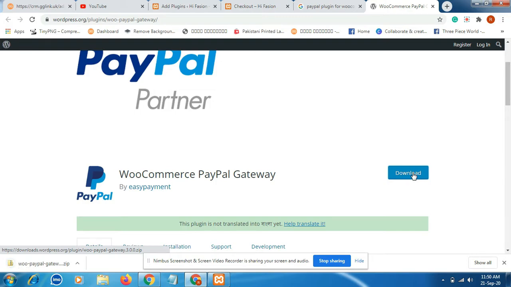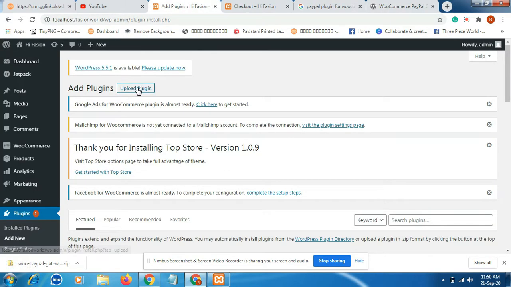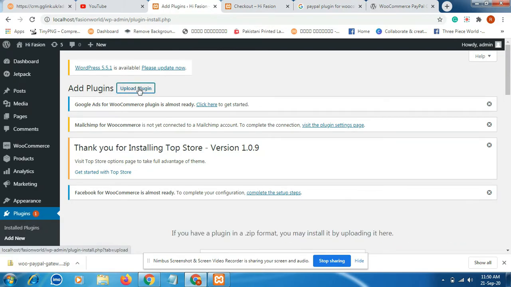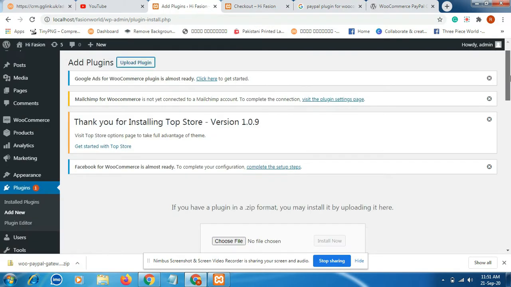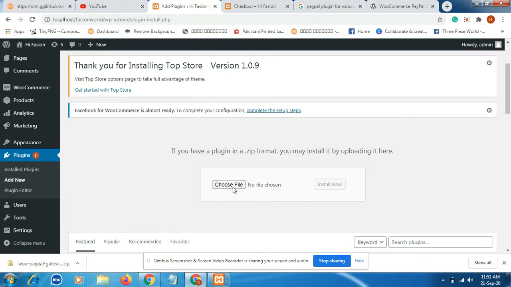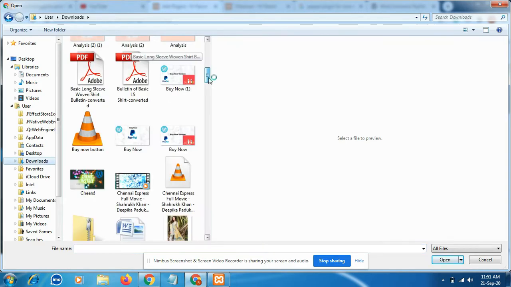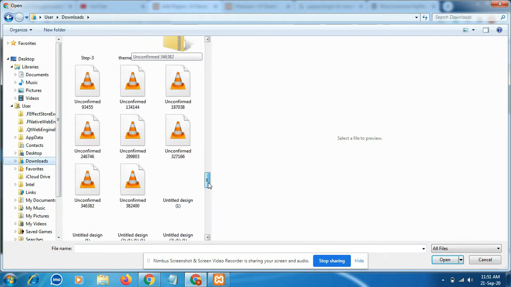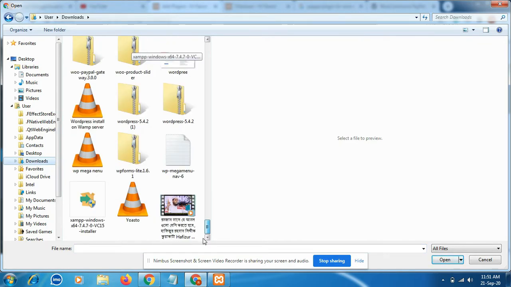Go to the website backend again. Click upload plugin. Below, look below. The option comes here, choose file. Now choose your file, where your file is located. My file is in the download option, so I am finding my file.